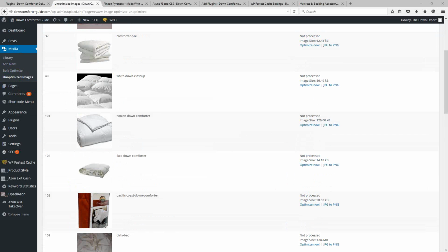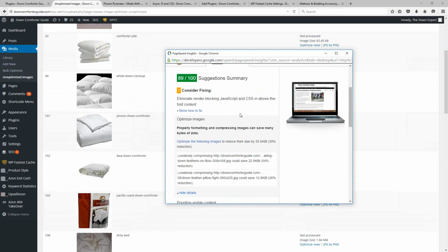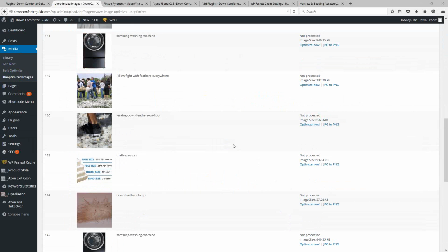I wanted to demonstrate at least one of these here for you guys, so I can show you how this can make instantaneous improvements to your PageSpeed score. If you look at this one here, I have leaking down feathers on the floor and the down feather pillow fight. I believe that's going to be these two images that are right here. So we can click on the Optimize Now link